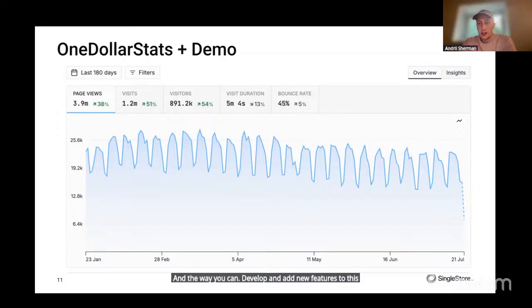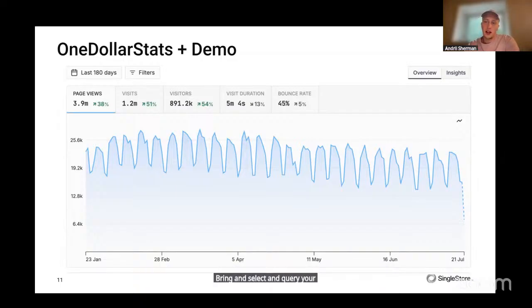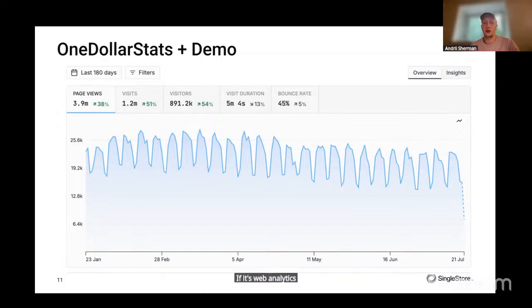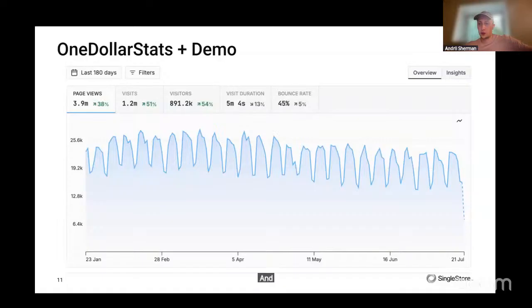For example, this demo app, really fast. Then you can actually use the SingleStore powers to select and query your events really fast. This is also important because, if it's web analytics as a service, it means you will have different tenants, different companies using it, and the number of events will grow eventually really fast.